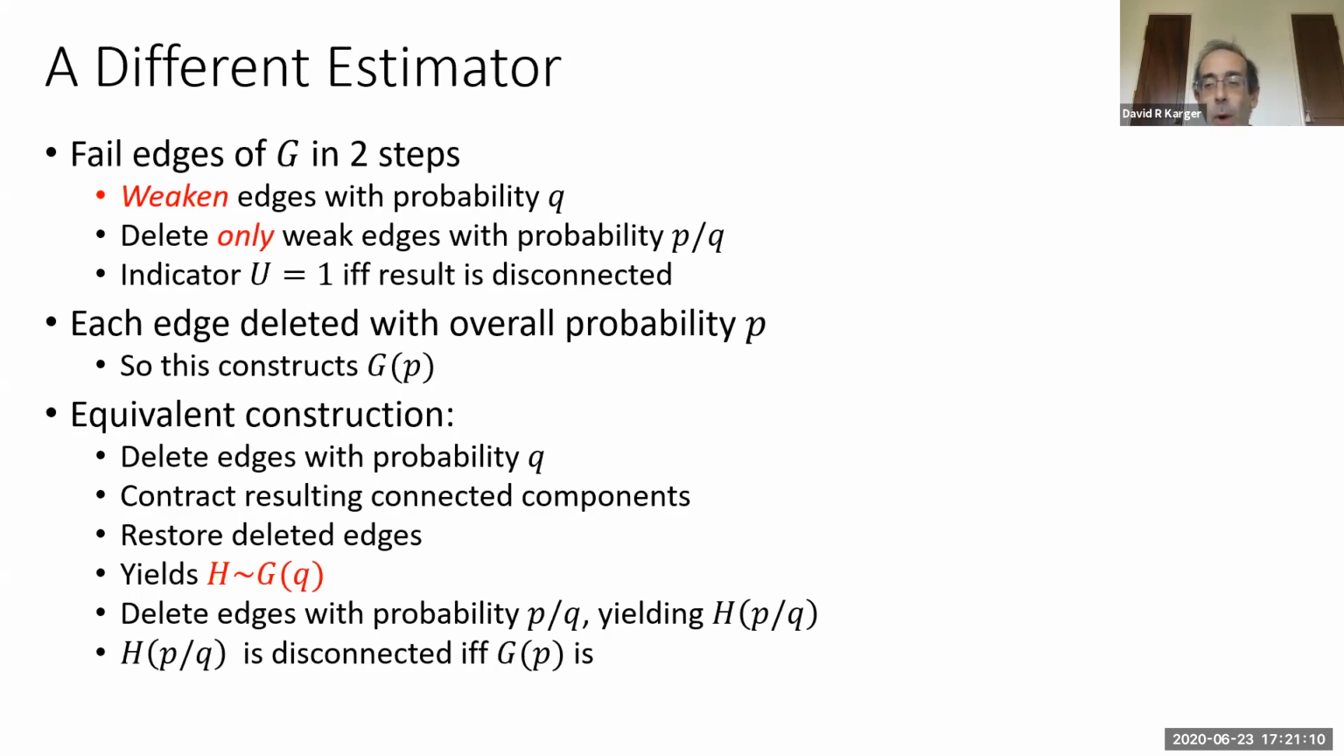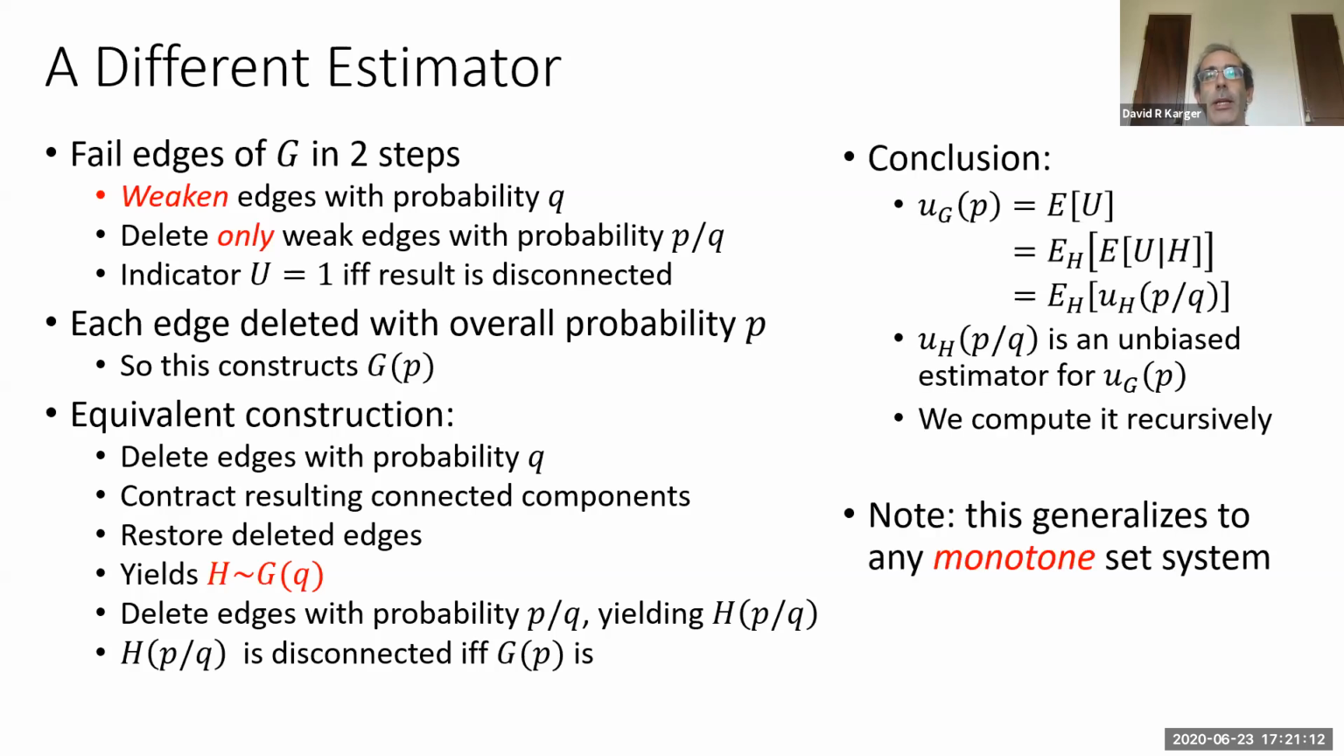So why is this interesting? Well, the point is that the probability that G gets disconnected is equal to the probability that H gets disconnected. But I have to average over all the possible graphs H that I might be constructing. And so this tells me that the expected value of H's unreliability is equal to the unreliability of G, which means that the unreliability of H is itself